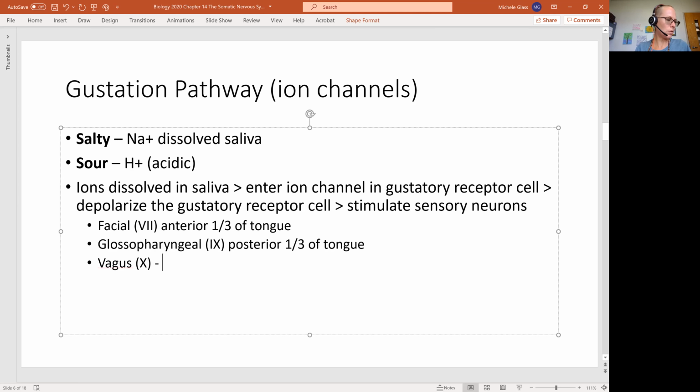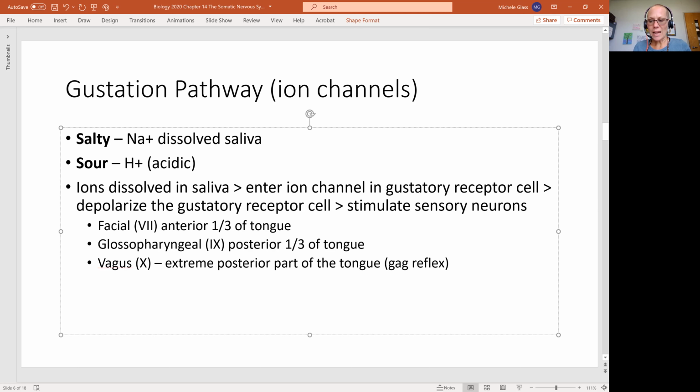And the vagus is going to be at the very extreme posterior part of the tongue, almost moving into the pharynx, which is the back of the throat. And one of the things that we'll see is that the vagus is involved in the gag reflex. And we won't see gag reflex so much with the salt or the sour, but we will when we get into like either bitter or oleogustus. Okay,